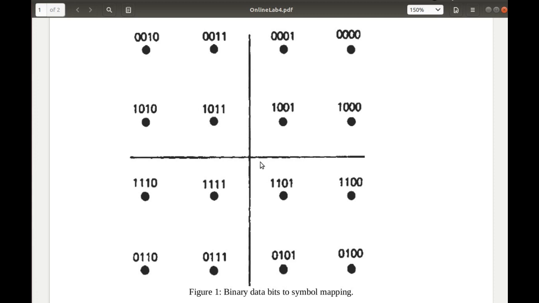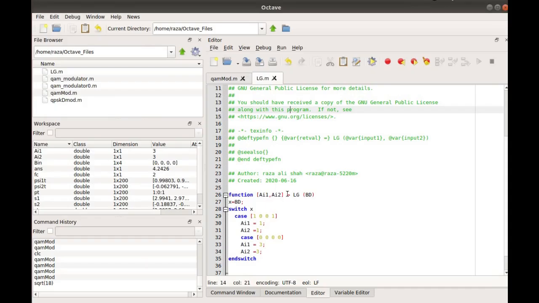Or let me do another, which one is positive and the other one is negative. Suppose this one, we do it for this one. So we have 0 1 0 1, and the x-axis is positive, which is 1. The y-axis is negative, which is -3. So if I want to transmit 0 1 0 1, I would just write